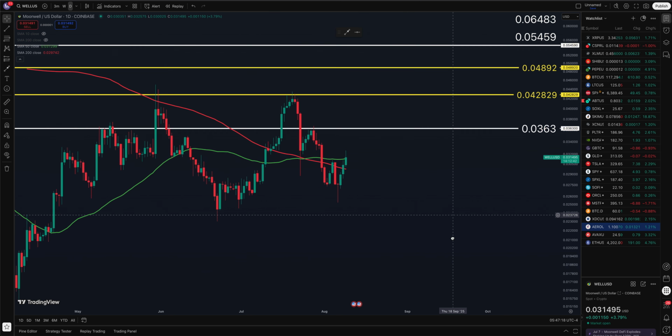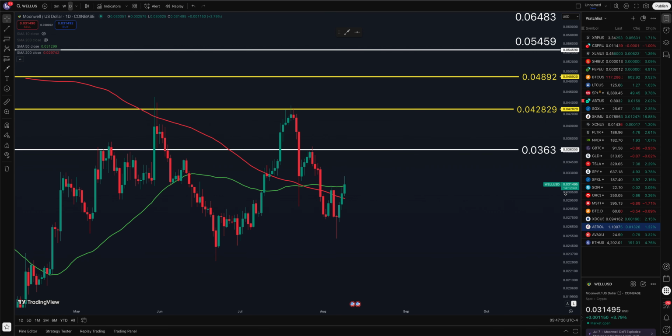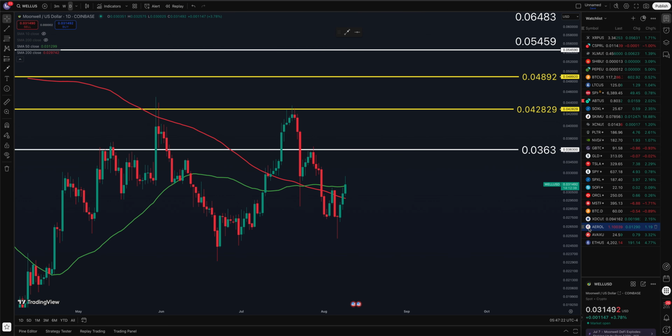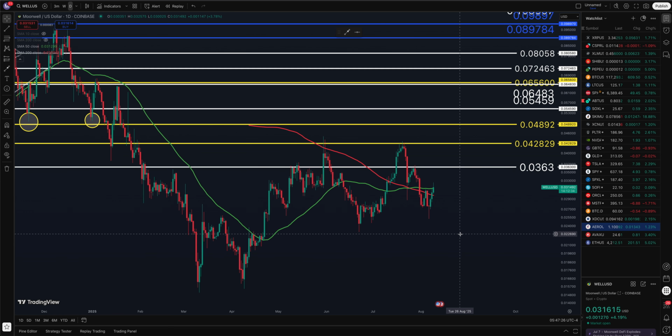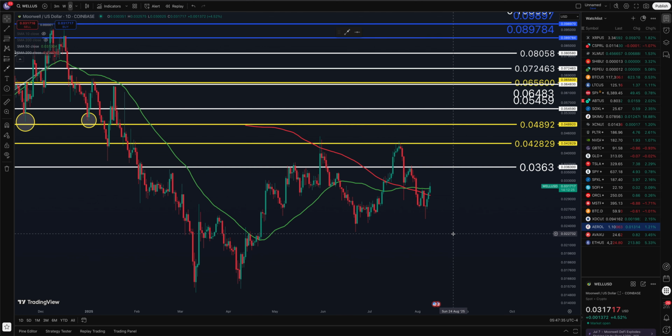And my target for the short term is up there at 5.4. It's really not that much higher. We shall see. So that's what I got here for Moonwell. We'll keep an eye on it. Again, the highest I have based on this chart is about an 800% move up there to 29 cents or so in the right conditions.